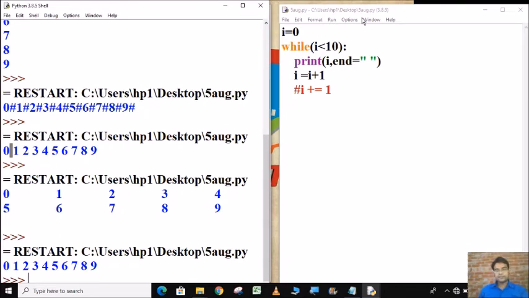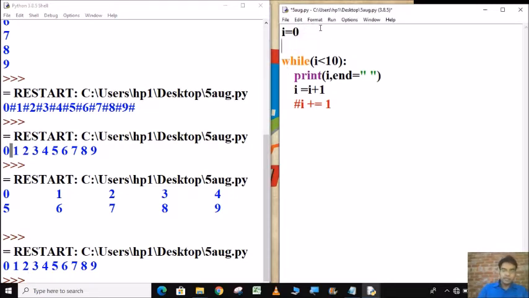Now see, suppose we want to print the sum and average of the first 10 numbers. So our numbers will start from 0, and we will also take a variable sum. Sum is initialized to 0. Now every time sum will be incremented by sum is equal to sum plus i.